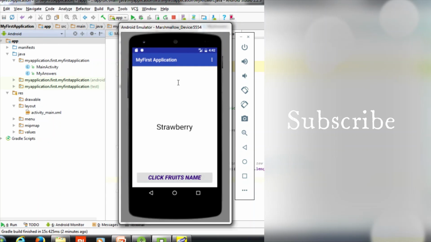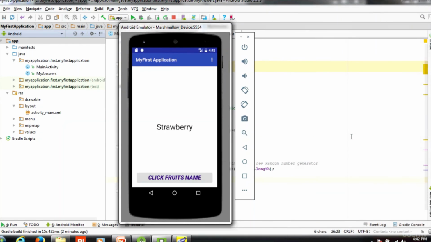So if you're a beginner to Android app development, no matter, it's very simple for you, because my quiz app is a very simple app and you can understand it end to end, how it has been developed. And this is how